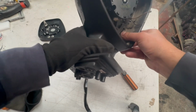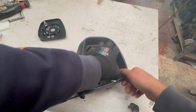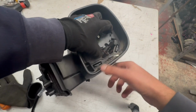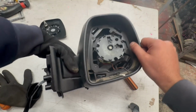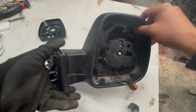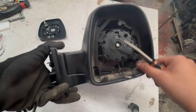The trickiest one is there's another clip, that clip which you'll see towards the end of the video. It's a bit hard to access, so you'll need to play around with it a bit, and then the mirror cover will come off. So once you do these four and pull off partially this side of the mirror cover,